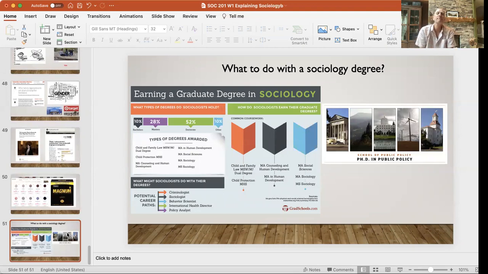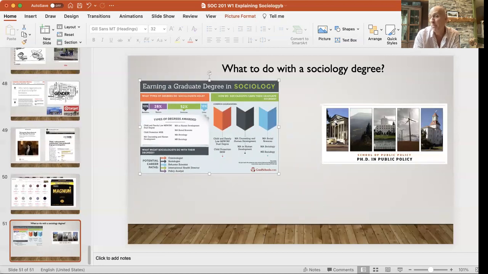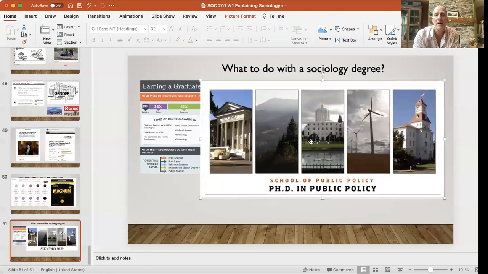And finally, I think it's important to identify, if you're interested in sociology, the different things that you can do with a sociology degree. It could be working in mental health, working in human development and family services, a program at OSU Cascades, anything in the social sciences, preparing you for law school later on, working in public institutions, working in criminology, being a policy analyst, all these different areas that you can work in. There is a degree that you can think of as applied sociology as a degree program.